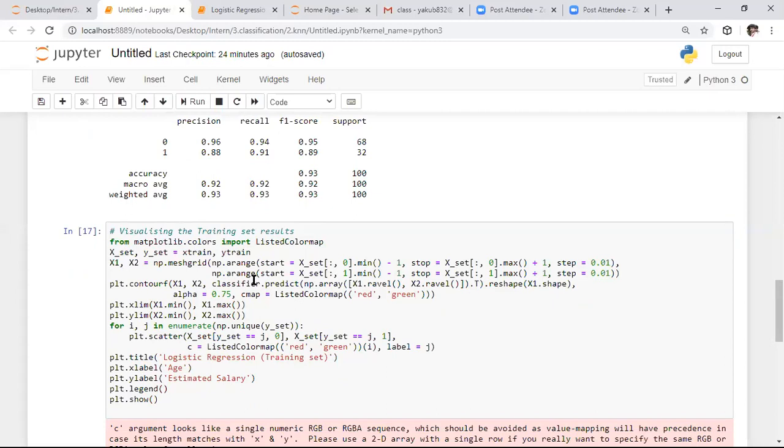Same thing I want to do for the y-axis also. To do the same thing for the y-axis, here we need to specify 1 colon comma 1, which is nothing but we are specifying the same thing on the y-axis, that is the salary column. After that, what we need to do is plot a contour map. To plot the contour, we are using the contour function. Here x1 is nothing but the age attribute. So here we are plotting the contour between age and estimated salary. Here x1 is nothing but the age column and x2 is nothing but the y-axis, sorry, x1 is the x-axis.